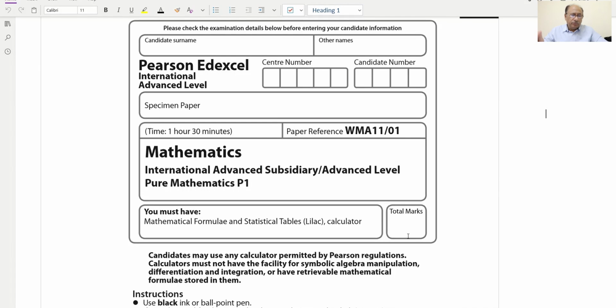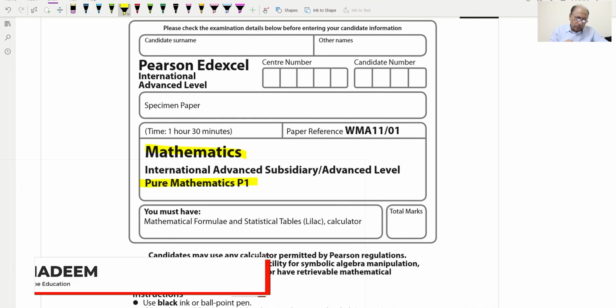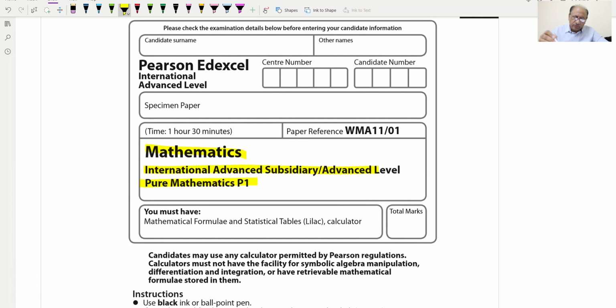Hello everyone. Today we'll be going through mathematics, pure mathematics 1. It's the international advanced subsidiary, advanced level, AS level specimen paper